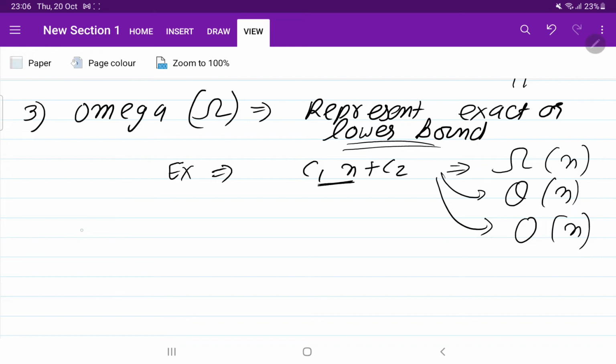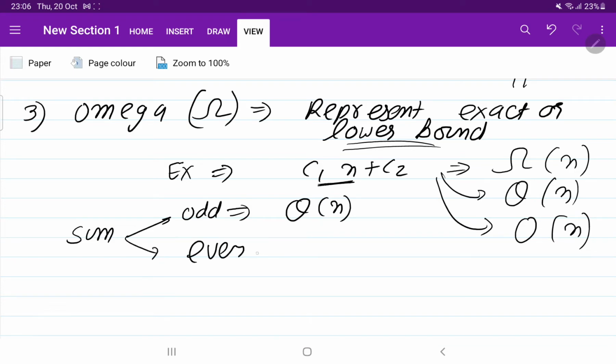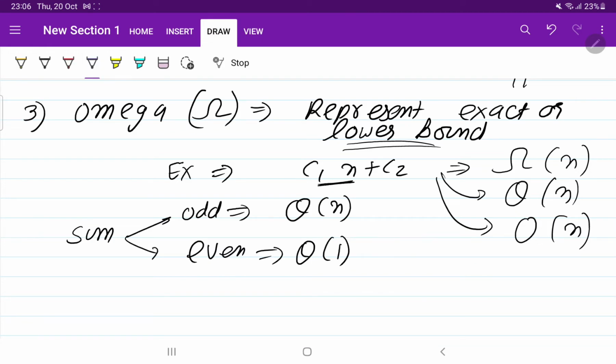In the above example, when we were trying to find the sum, when the sum was odd, we were traversing the entire list, so we were getting theta of n. And when it was even, we were saying that it takes a constant amount of time, theta of 1.